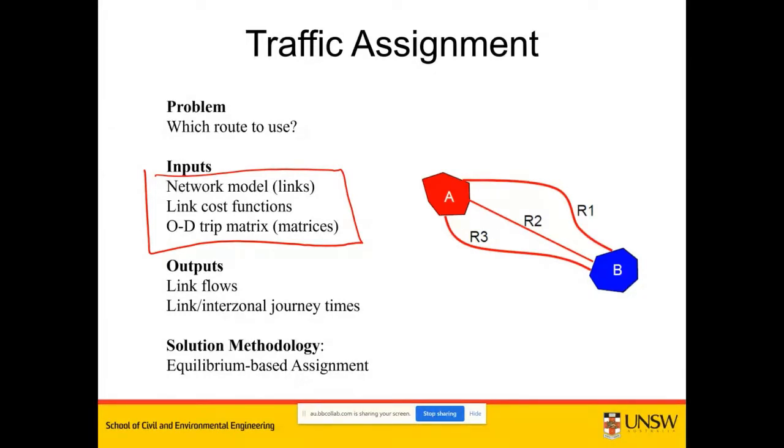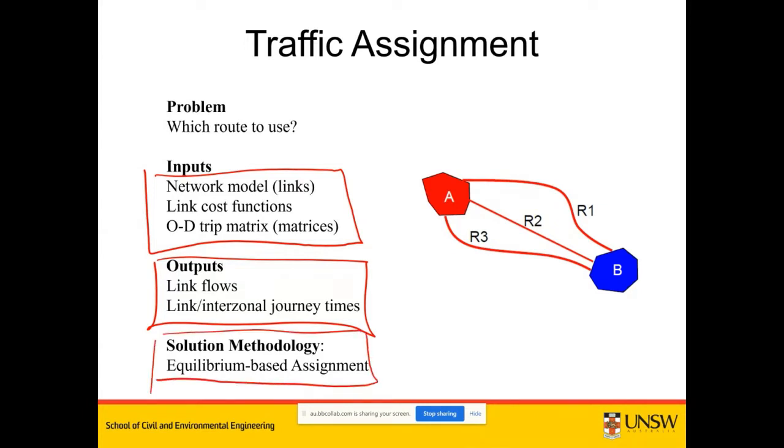And also the OD matrix, which is an important input. And the output, as we talked about before, is link flows, journey times, OD flows, path flows,